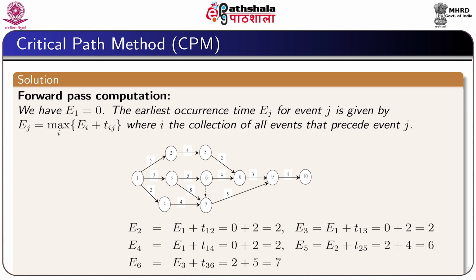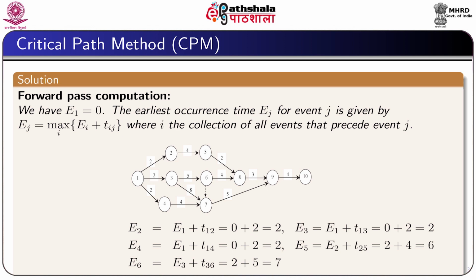Now, in the figure we see that E2 for the event 2 is equal to E1 plus T12, which is equal to 2. Similarly, we can get E3 equal to 2, E4 equal to 2, E5 equal to 6